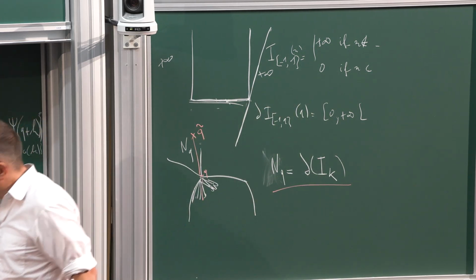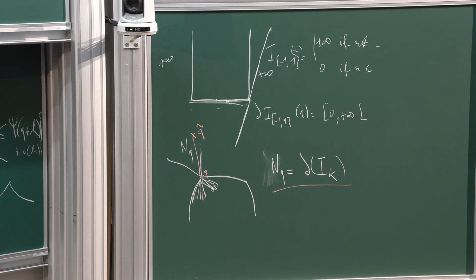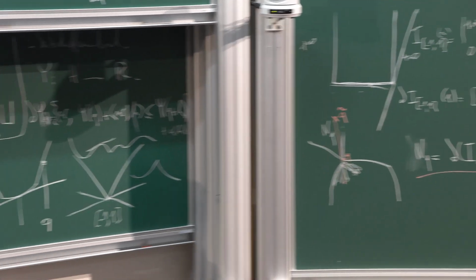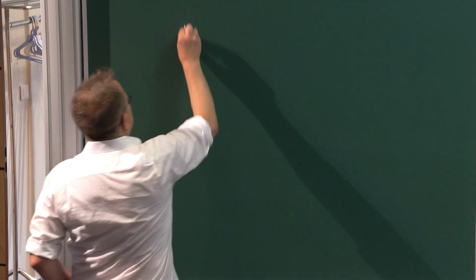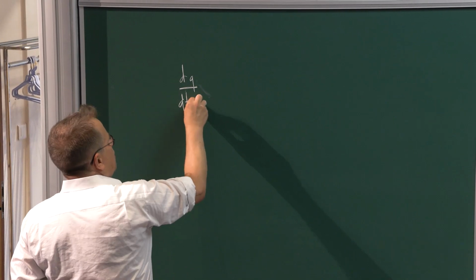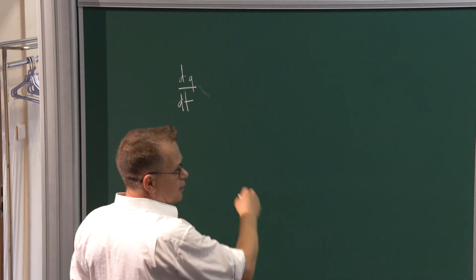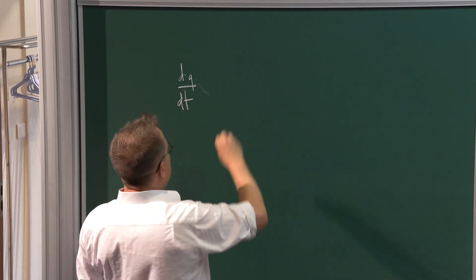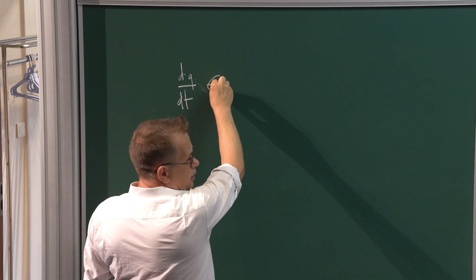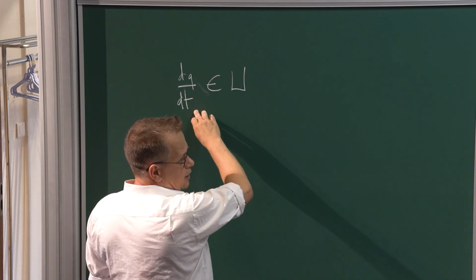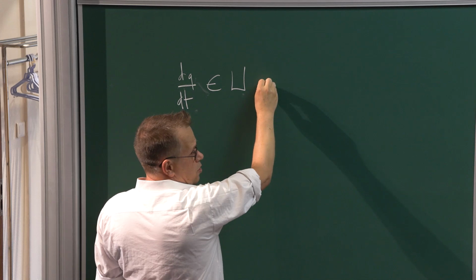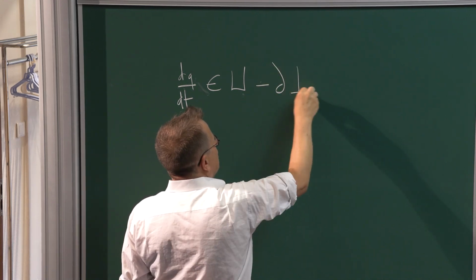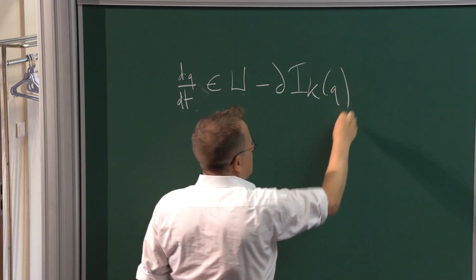So finally, what do we have? And I will soon be finished with the convex analysis things. If I replace my NQ, I will do something very bizarre now, that sounds very unoptimal. I will replace that by simply saying that dq over dt is in